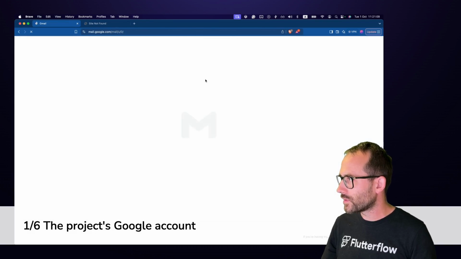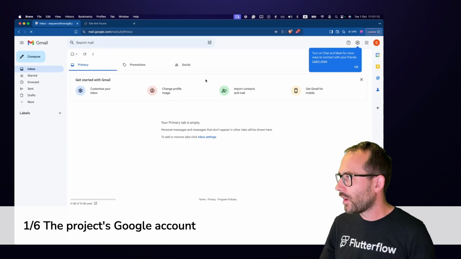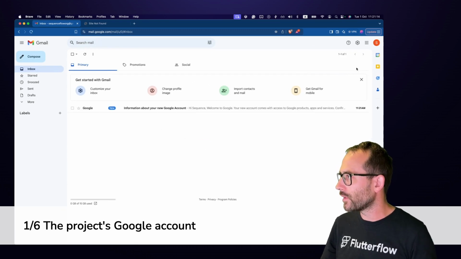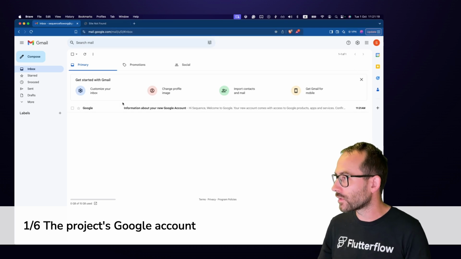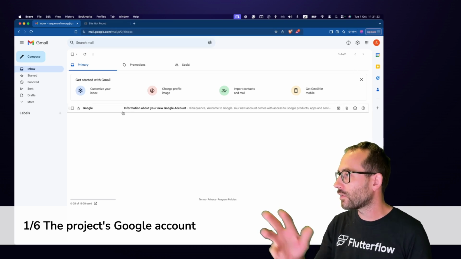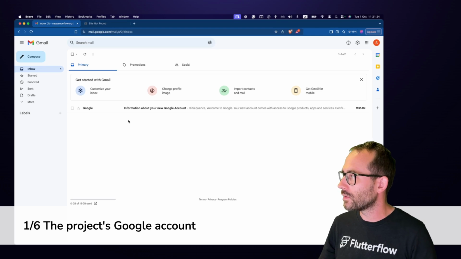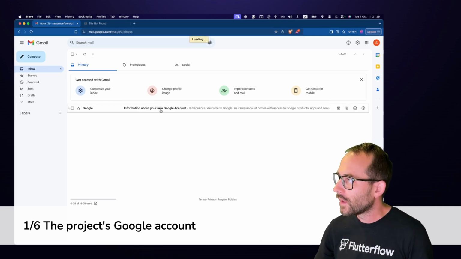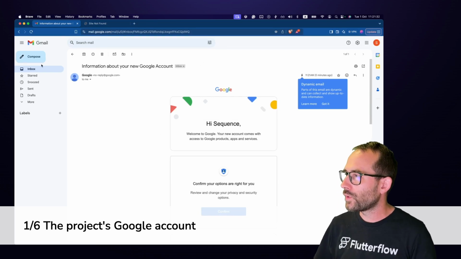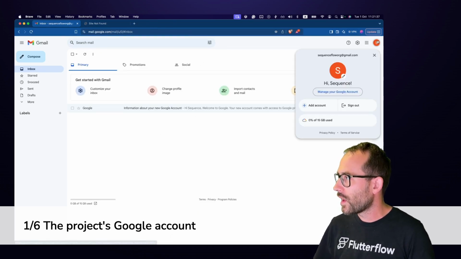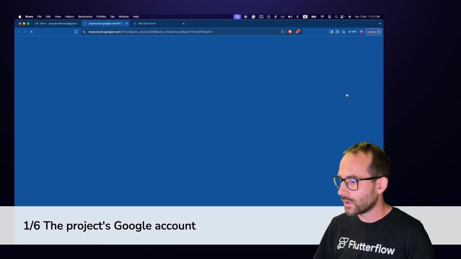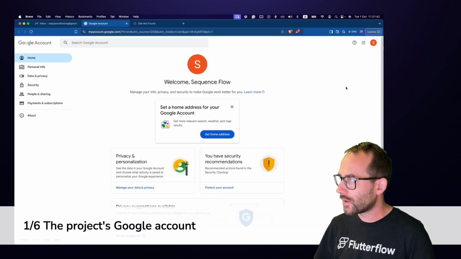While we are waiting, Sequence Flow will be the app where you can better plan the development of a FlutterFlow app or any other development project. During that whole series of videos, you will see how the development of Sequence Flow progresses. So here we are, and we are done with the setup of the Google account, but because of security reasons, I usually recommend adding